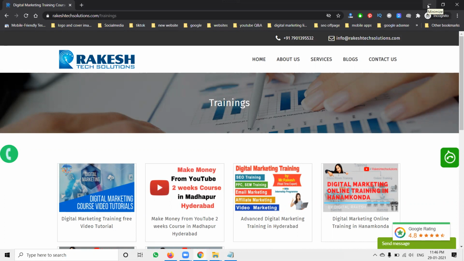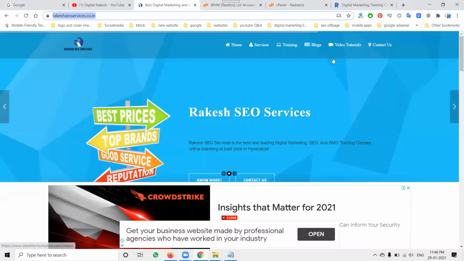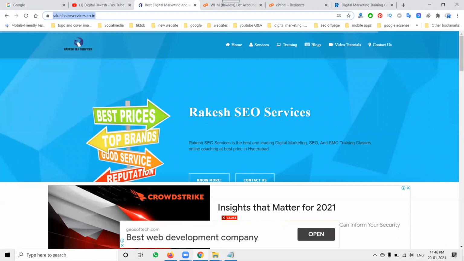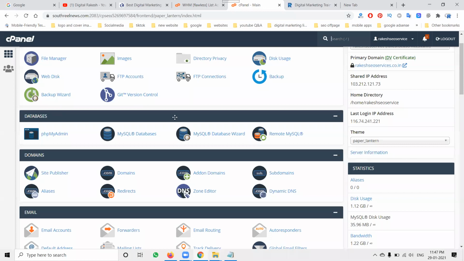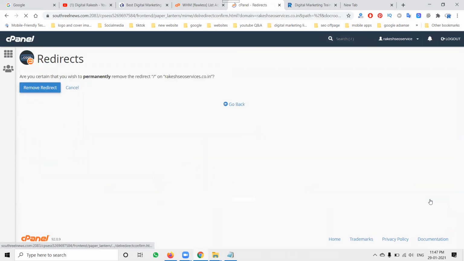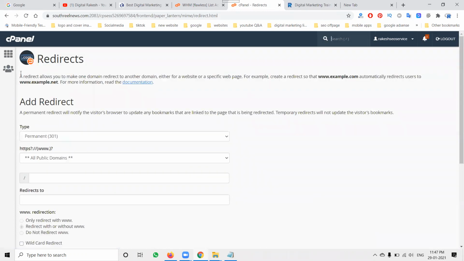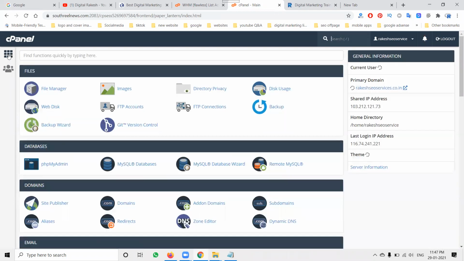In the same way you can do it for Blogger also, not only for a website. The website is done with cPanel, but you can use it for Blogger also. So how can we use it for Blogger? We can check here. Before showing Blogger, I'll show one more option. In every cPanel, under domains, the redirection will be there. Once redirected, we can't edit it. The only option is delete. So keep that in mind. And coding also, how to change it, I'll show the coding part.